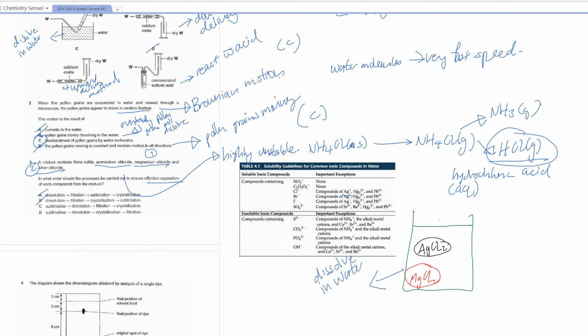Silver chloride will remain as a solid. It is the precipitate found in the solution. So we have a solution containing